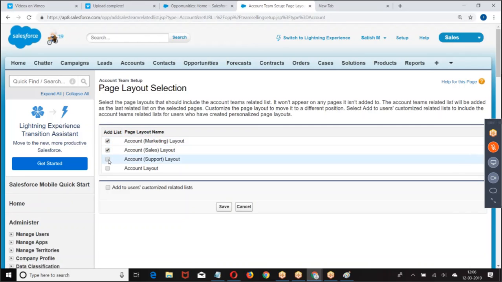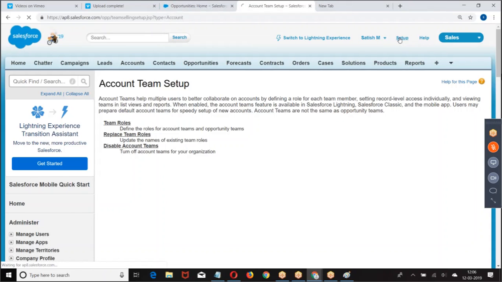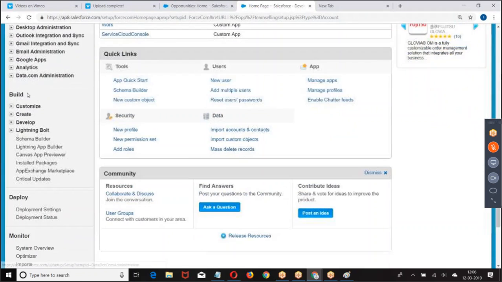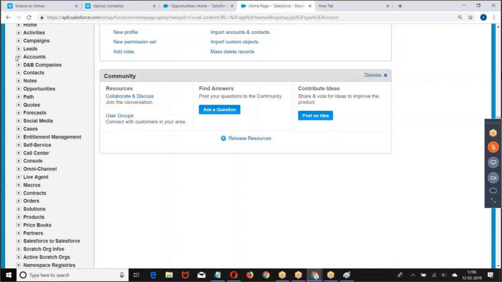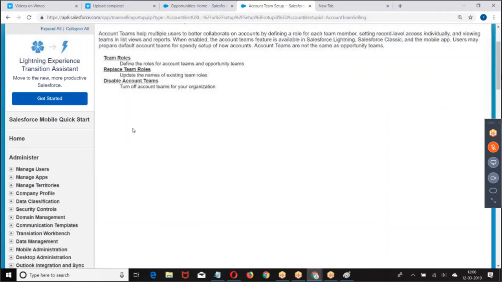Add the account teams to the page. How do you do that? Setup, build, customize, accounts. Then we have account teams, enable it. If you want to disable, you can disable it.